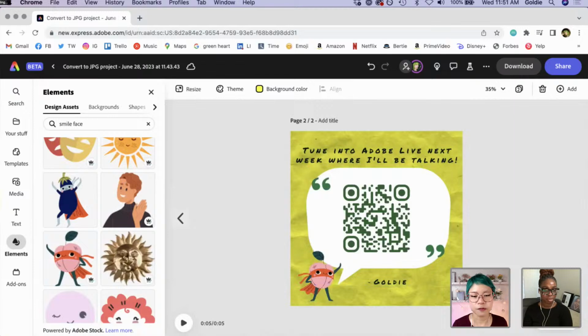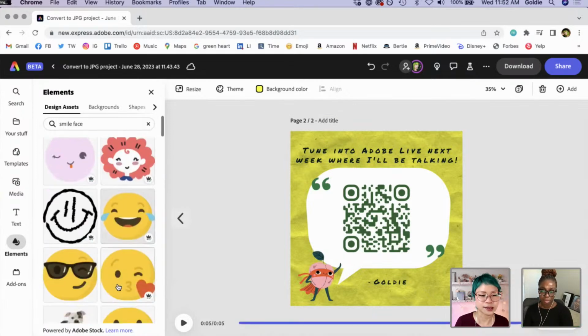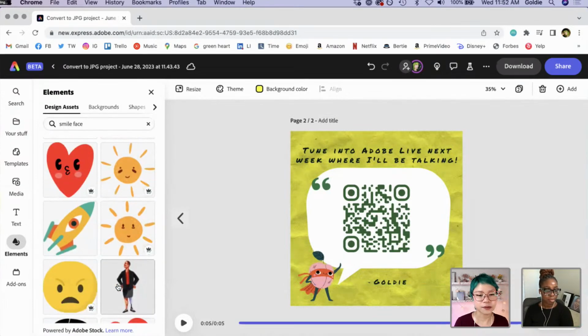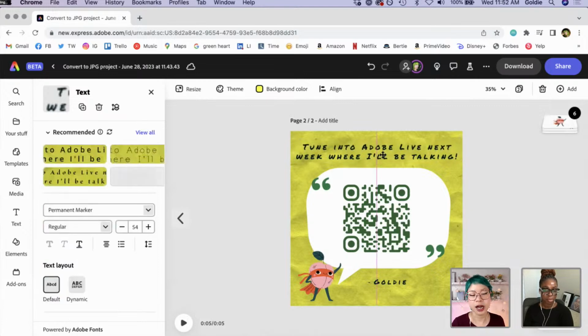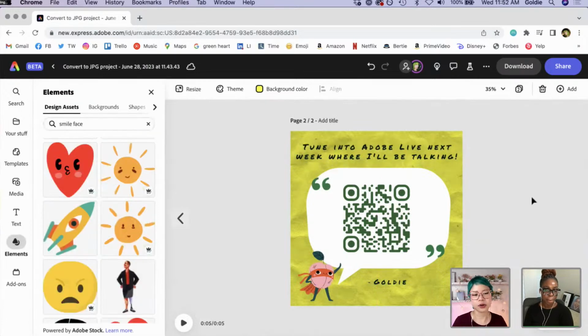But this is also a fun way to think about, okay, well, I don't want to put my own face on things that I promote, but you don't have to. Yep. And that's, I think, the real beauty of this: if you don't want to be the face of things, you don't have to be. You can still make things that are really fun and really creative looking and really engaging and really human. Like this to me feels like a really human post as opposed to a really dry post. Yes. And that's what you want to avoid, is having things that look really dry and boring.